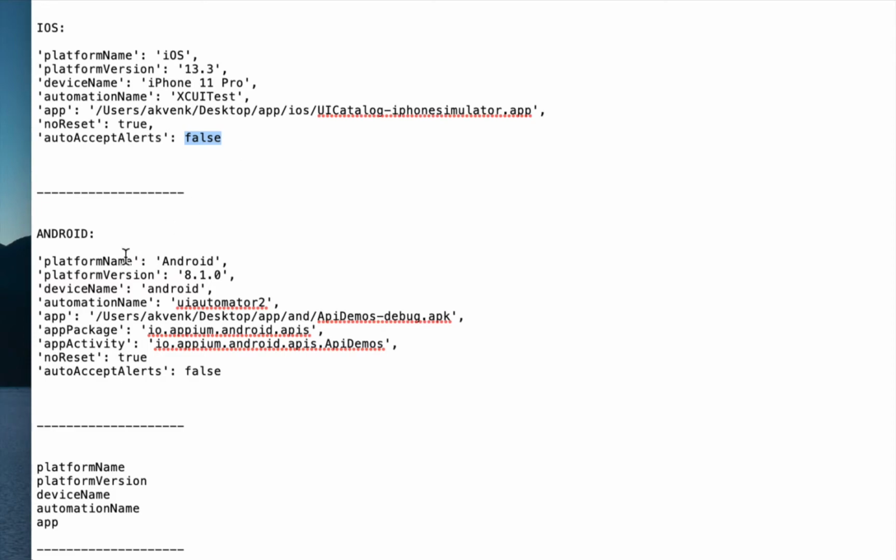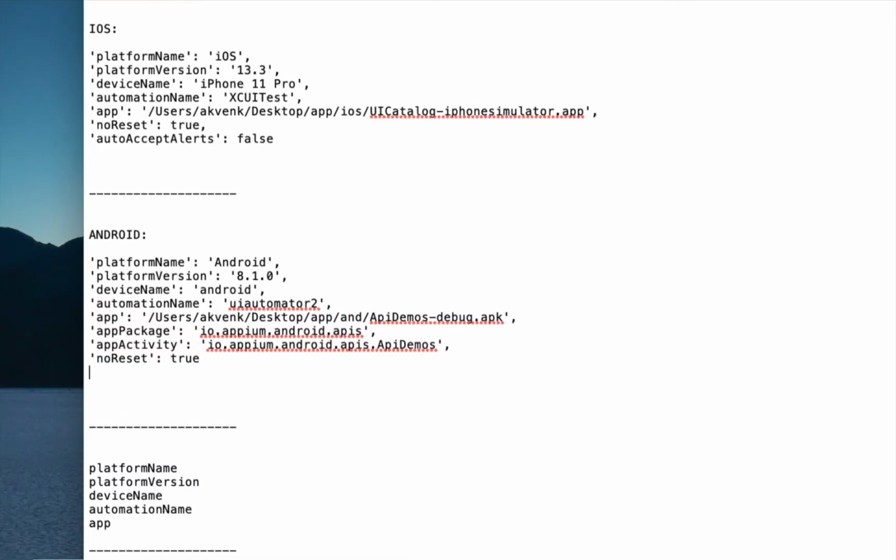Similarly, for Android, we have platform name, platform version, device name, automation name, app, and you see these two Android specific desired capabilities. One is app package, the other one is app activity. These are mandatory.